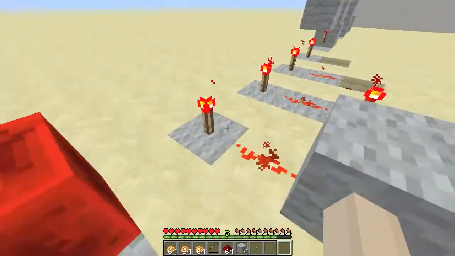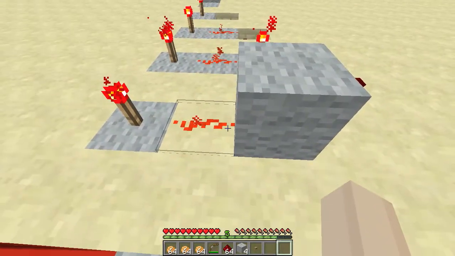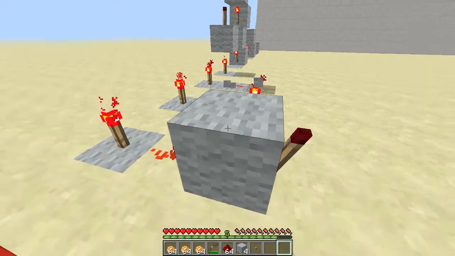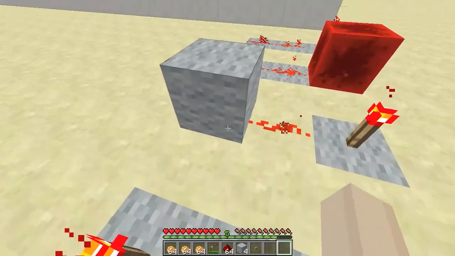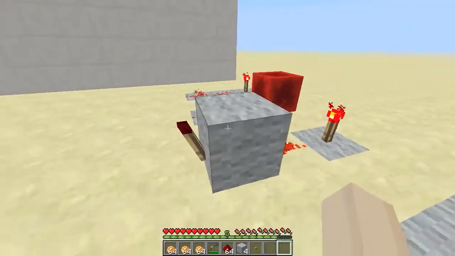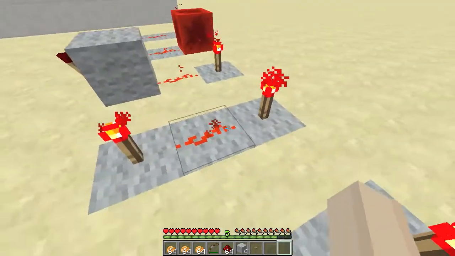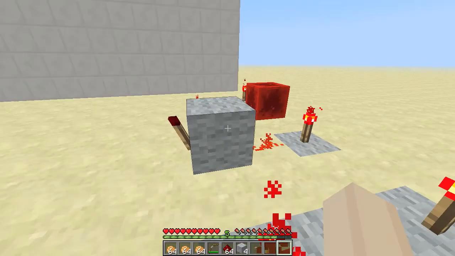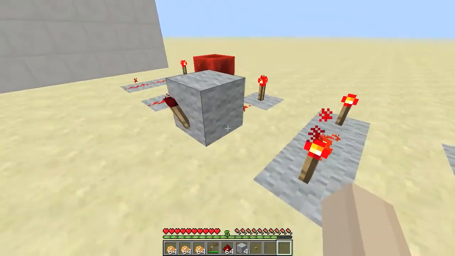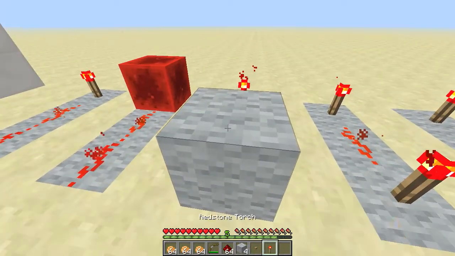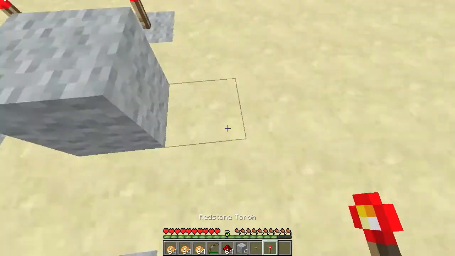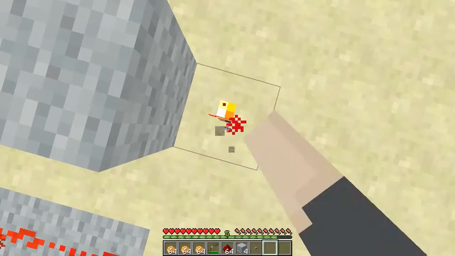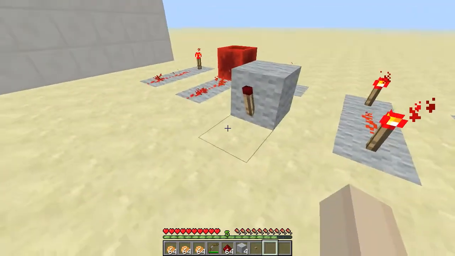Put the torch there, and this torch is always powering this piece of dust, which is always powering this piece of wool, which is keeping this torch off. And I said when you send power to a redstone torch, it turns it off. That only applies if you are powering the block that the torch is on. So this torch could be on top and it's still going to be off. But as soon as you put the torch over here, even though it's technically in the same block space, it's